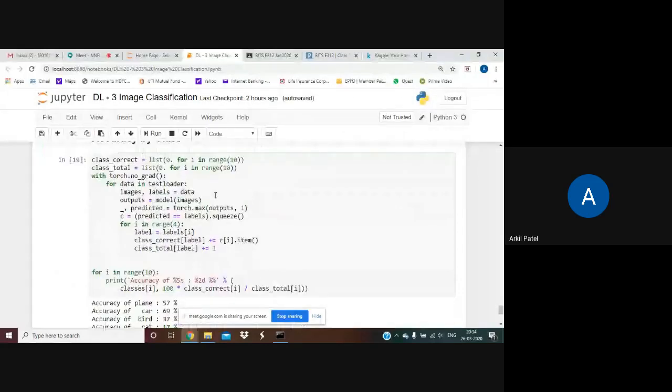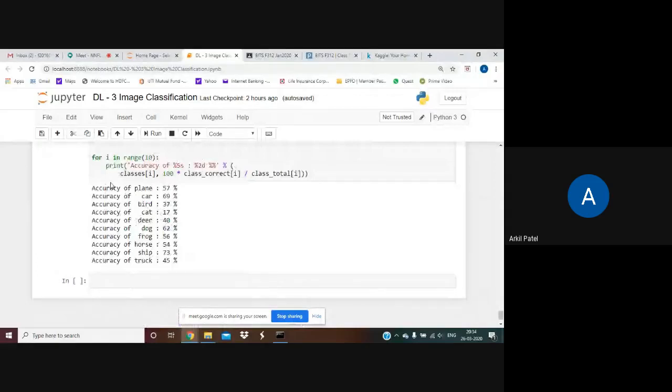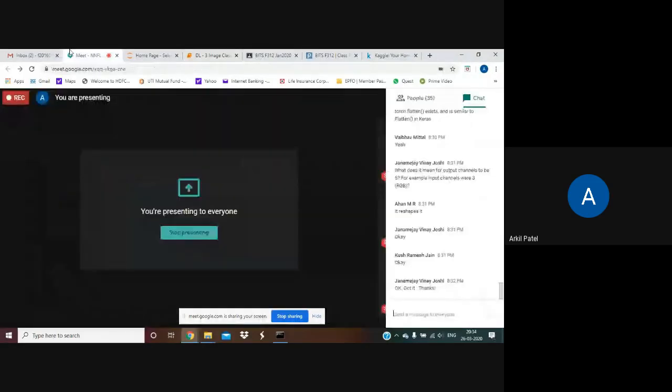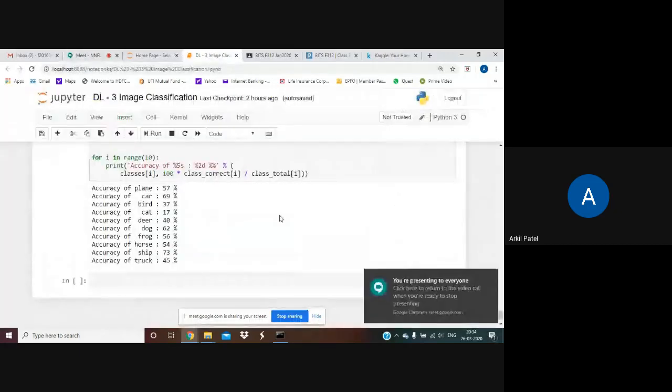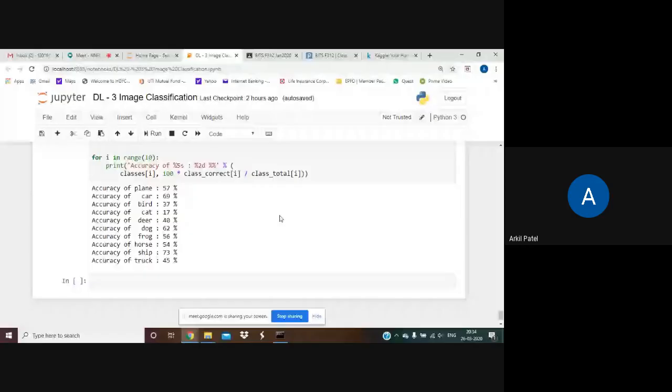So what I'm trying to do over here is what you guys should also do: for each and every class, you should get an idea of how your model is targeting each and every class. So let's say if I get some particular class which is performing very weakly, then you can, I don't know, enhance the number of images of that class by maybe augmenting or doing other kinds of stuff basically. So you can get that information through this cell, right?